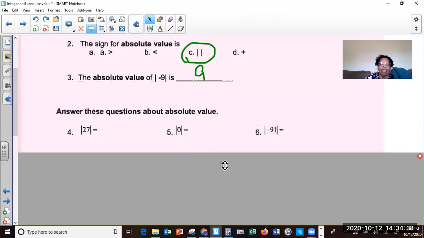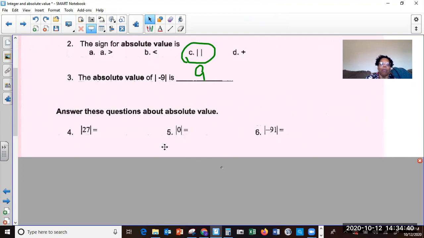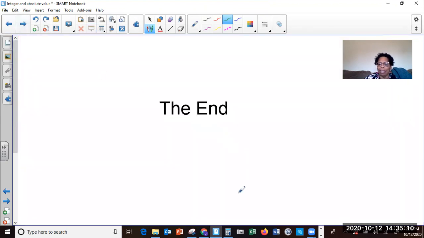Next one, answer these questions about absolute value. What's the absolute value of 27? No, do not be tempted to put negative because this is positive. Absolute value is always positive. What's the absolute value of 0? Yes, it's going to be 0 because you haven't moved anywhere. What's the absolute value of negative 91? Yes, that's positive 91 because everything in those lines is positive. So that's the end. Now make sure